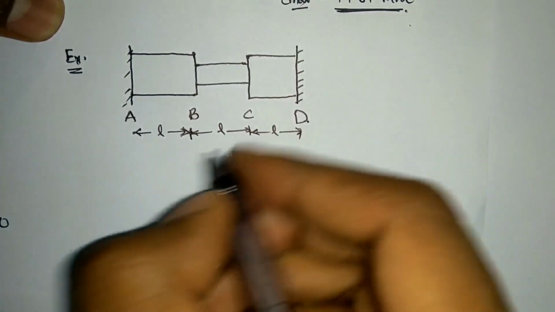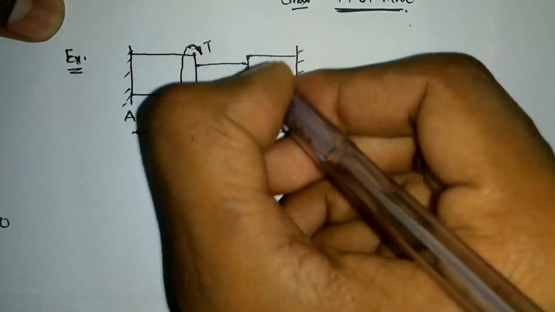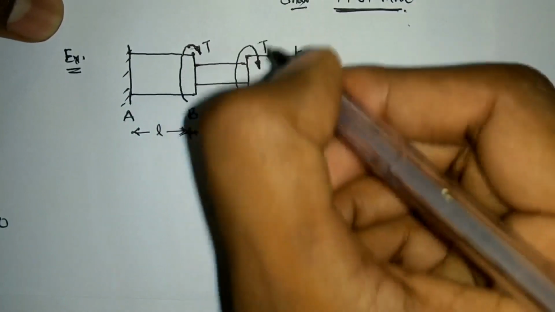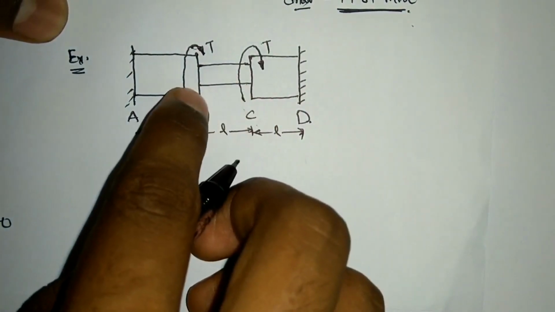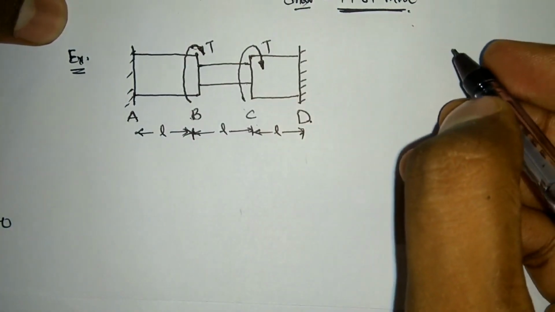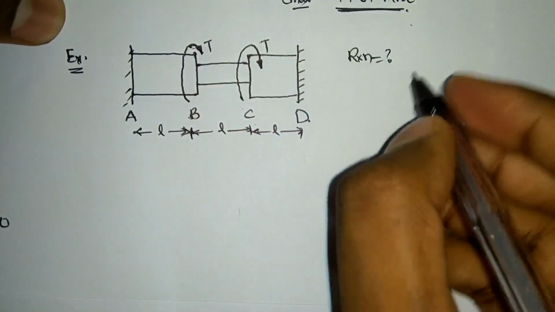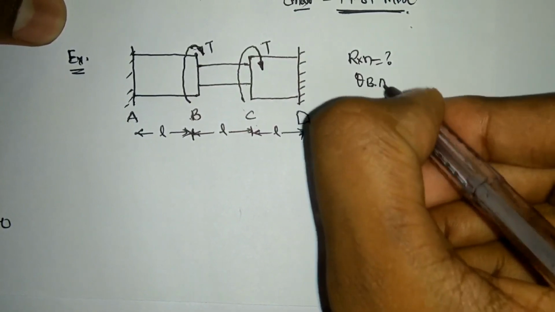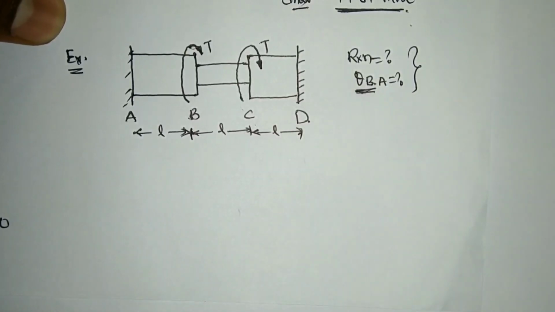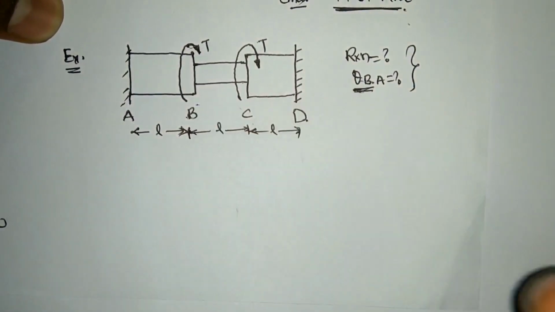fine, okay. So the torque given on it, the given torques are, there is a torque value T acting here, okay, and there is another torque value T acting at point C, okay. So there is a torque at C and there is a torque at point B. What I need to calculate is, I have to calculate the reactions here first, okay. What will be the reaction at A and D, and what will be theta of B with respect to A. Or simply in the question it may be mentioned that what is theta of B, okay. Then we will need to calculate the theta of B with respect to A or theta of B with respect to D, any point, okay.